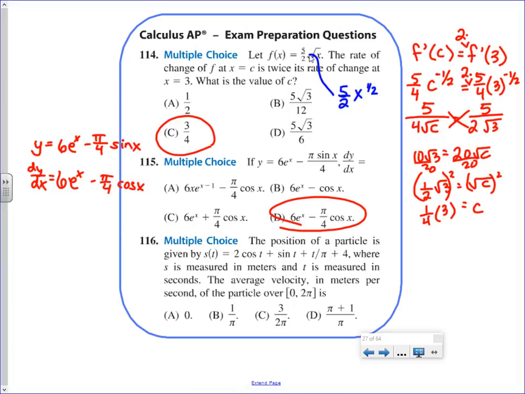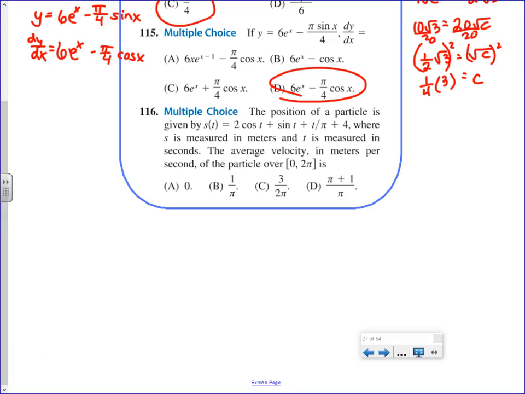Number 116, the last one. The position of a particle is given by, nasty equation, where s is measured in meters and t is measured in seconds. The average velocity. What am I supposed to do? What's my formula? S of b. Who's b in this time interval? 2 pi. Minus S of a, who's a in this time interval? All over 2 pi minus 0 is,